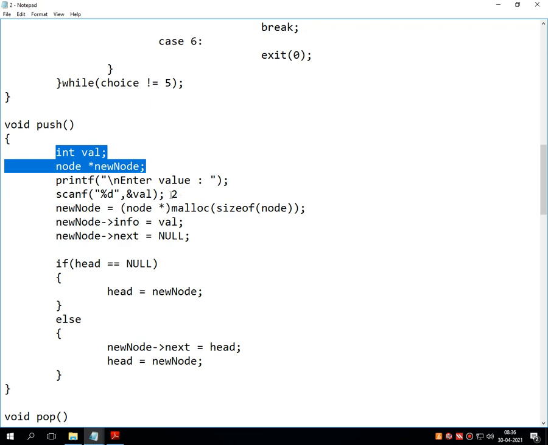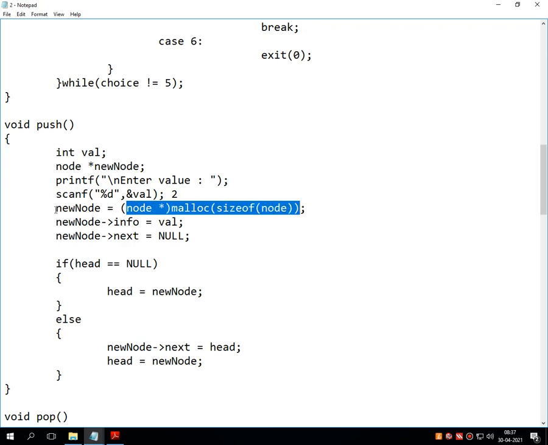The location is created and the value has been accepted, but whether this particular value fits in this location or not should be decided by counting the size of node. So there is a logical line: new node equals node pointer malloc size of node, which will count the total size. Once this node is ready to accept the value entered by the user, then by writing new node reference info equals value,